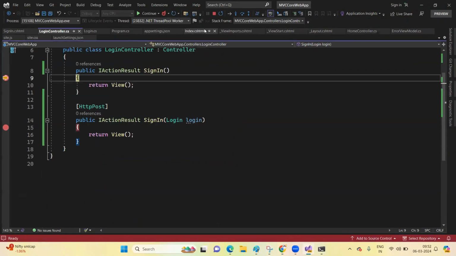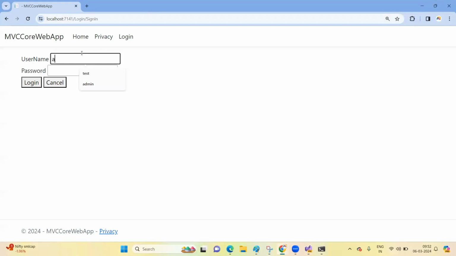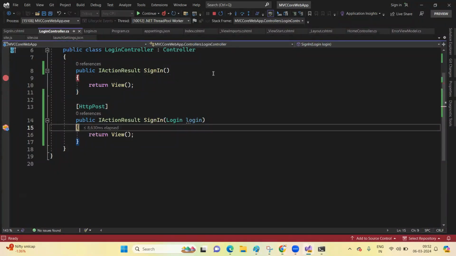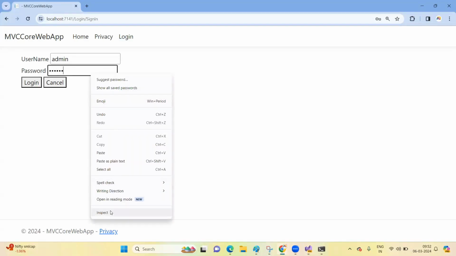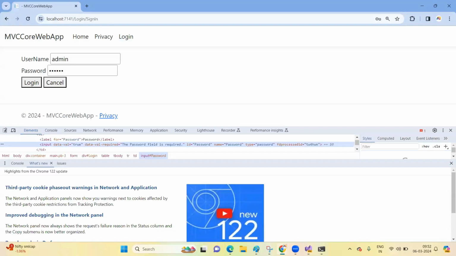So click on login. So click on continue. So admin, password. Click on login. So we could able to see the value here. So now we got the value in the backend. So if you go and inspect this value,